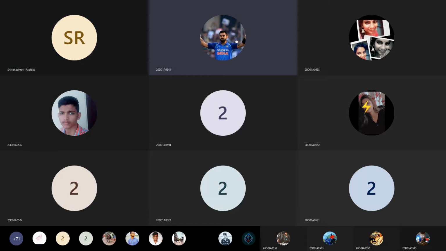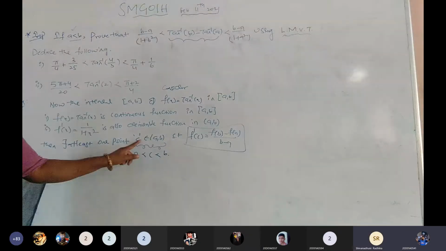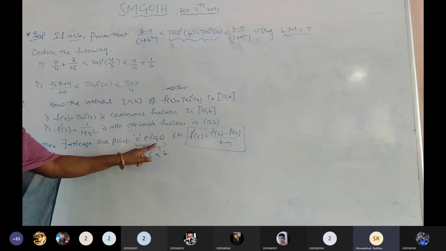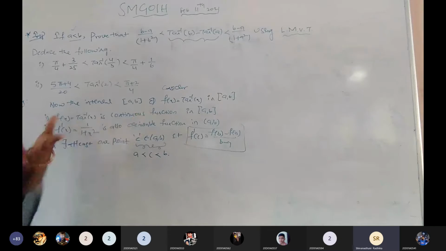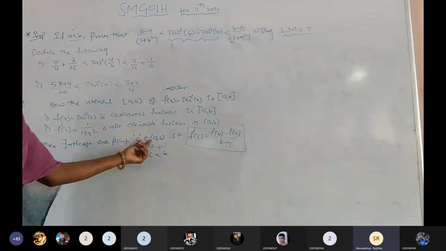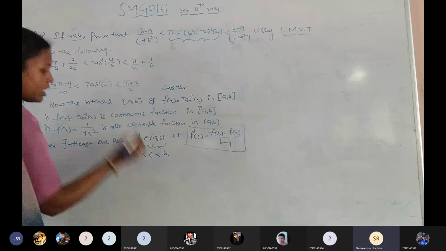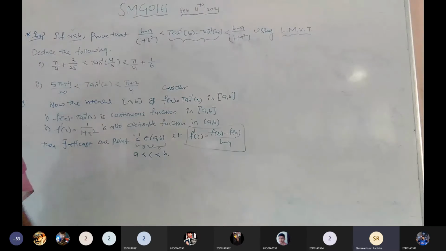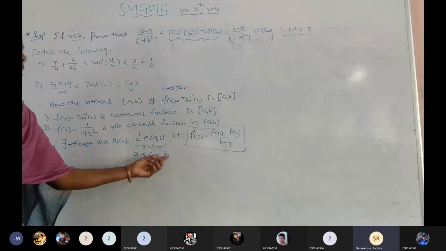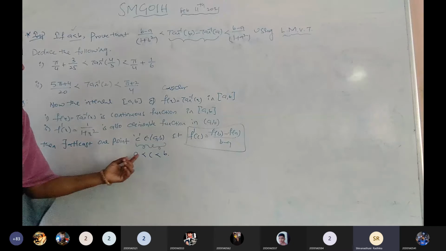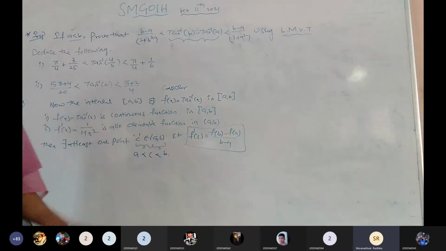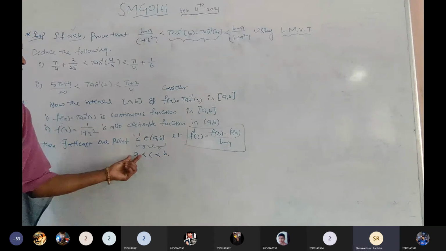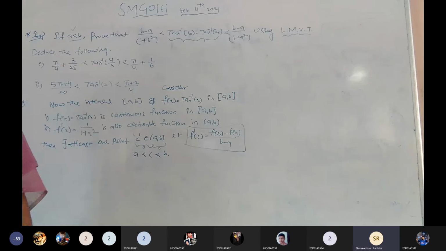Madam, you have not shared the screen, ma'am. C belongs to the open interval A comma B such that this is the formula. That is all, up to here I have done Lagrange's. What is the extra step I wrote? C belongs to open interval A comma B, I wrote like this; that is the definition. C lies in the middle of the two, A comma B. How do we write it? A less than C less than B. Is it clear? C can be greater than A and less than B. Okay? Greater than A and smaller than B. C lies between the biggest element near A and the smallest element near B. Is it right? Now is it understood?